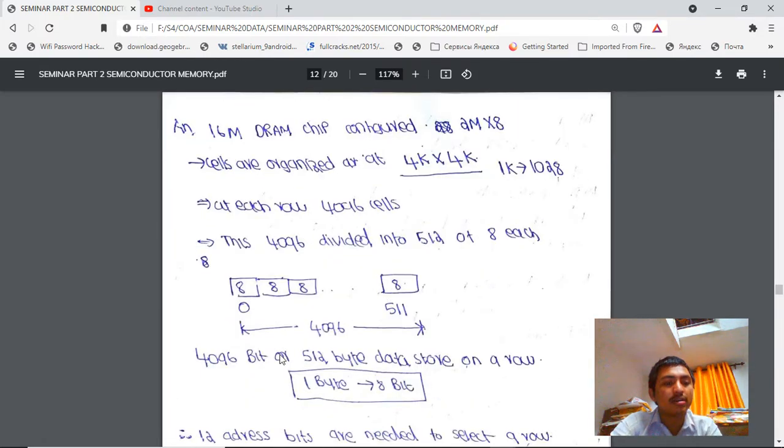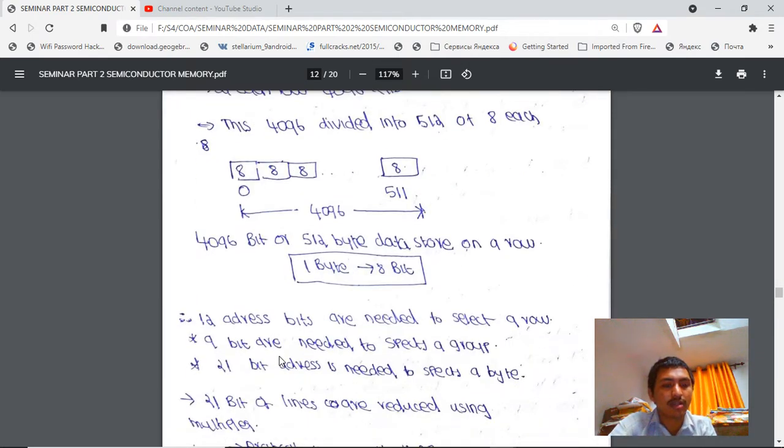So for 4096 bits of data, or 512 bytes in a row, that's the thing I am going to say. In this scenario, we need 12 address bits to select a row.